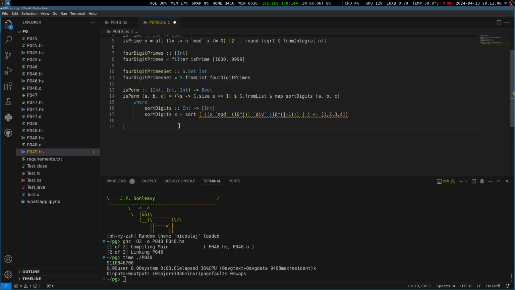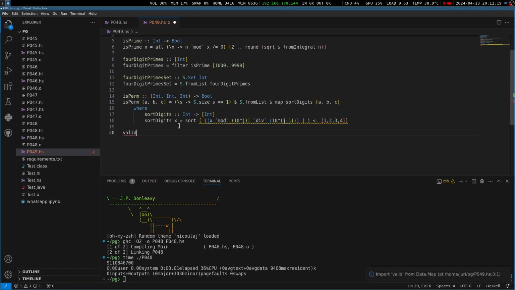So let us now compute the valid combinations of 4-digit primes. I will call this method or this function valid 3 combinations,